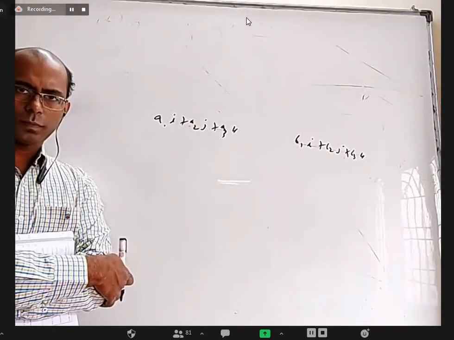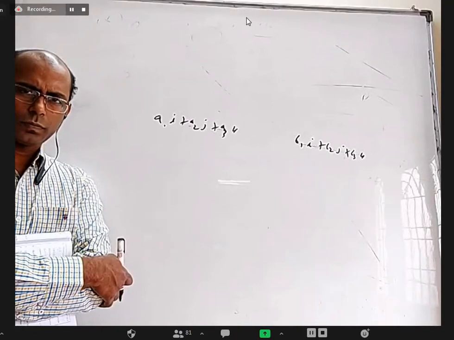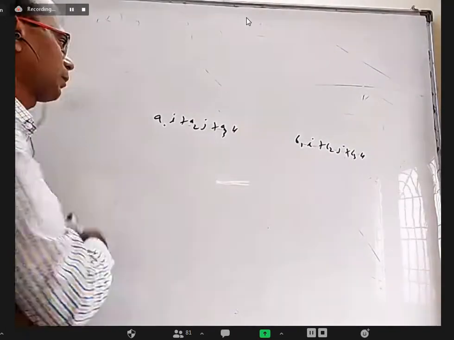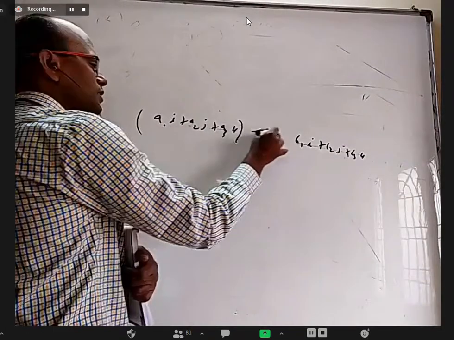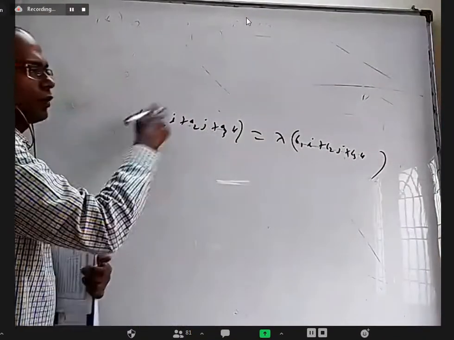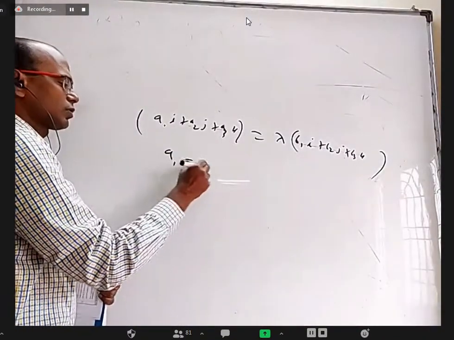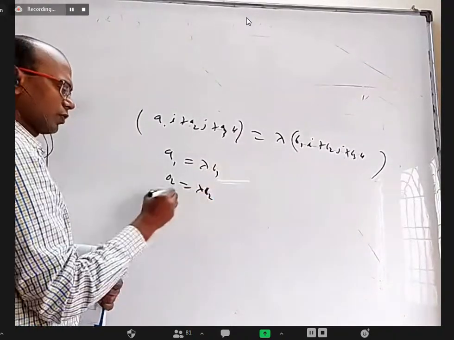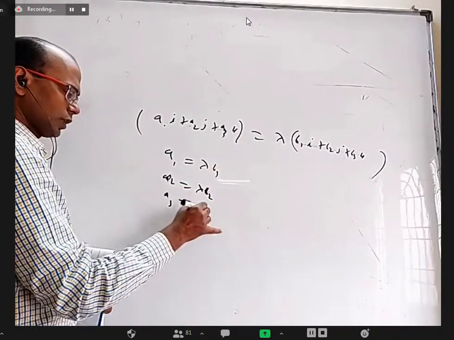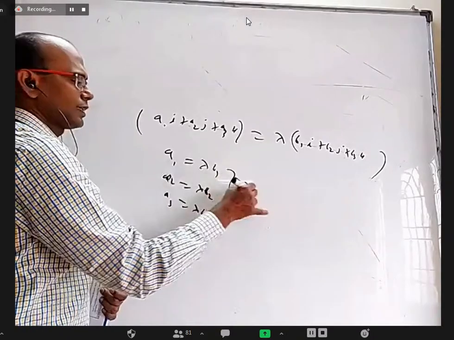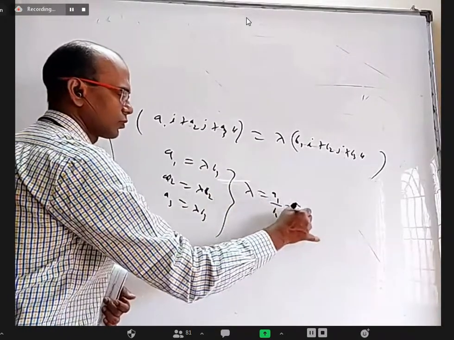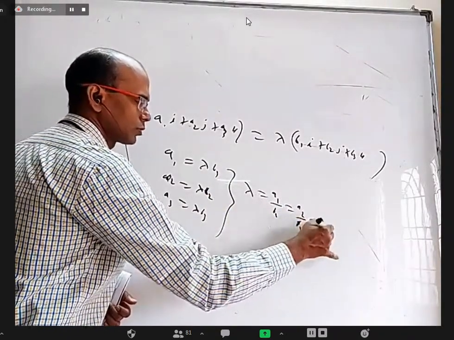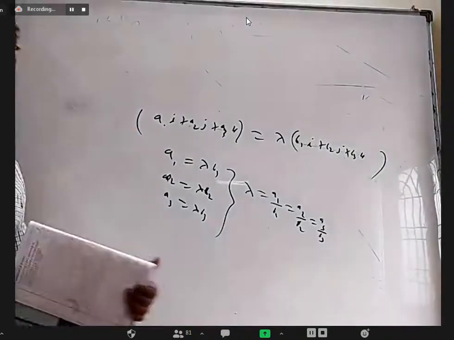Yes? Sir, the first vector is a multiple of the second vector, no, sir? Yeah, if they are parallel, one vector can be written as some lambda times the other vector. Now, when we equate the i coefficients, a1 equals lambda b1, a2 equals lambda b2 for the j coefficients, and the k coefficient is a3 equals lambda b3. Now, what is lambda? You can write a1 by b1, which is equal to a2 by b2, which is equal to a3 by b3. That's it.